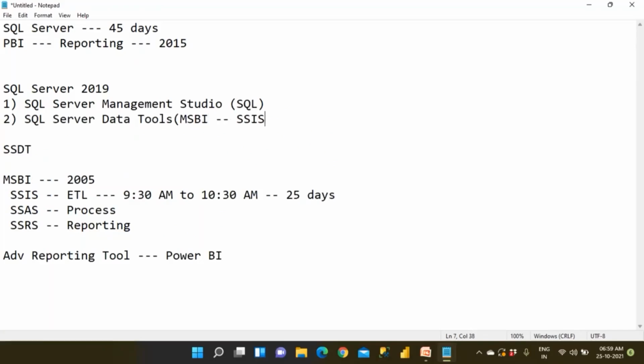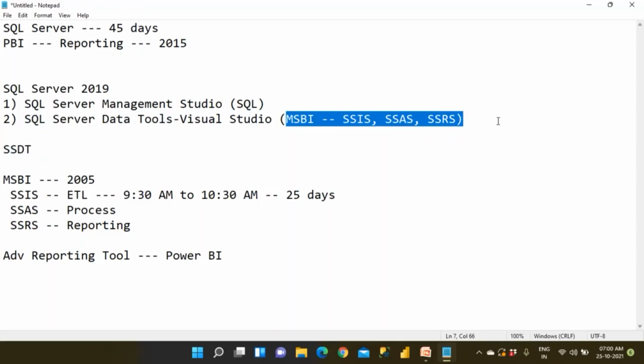That means SSIS, SSAS, then SSRS. So you have to have SQL Server Data Tools, and it is available in Visual Studio. You will be able to see this in Visual Studio. When you have the SSDT setup, you will be able to find all these projects.